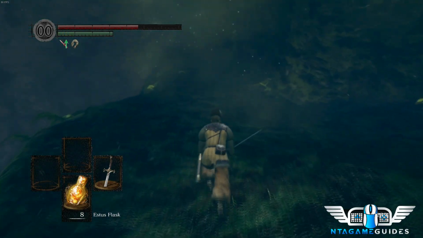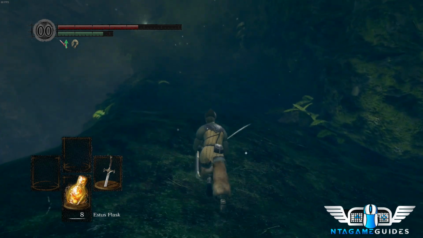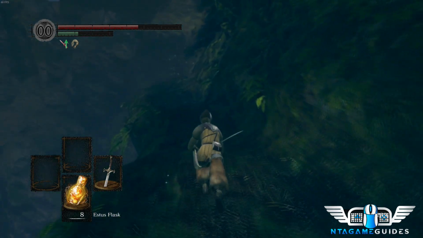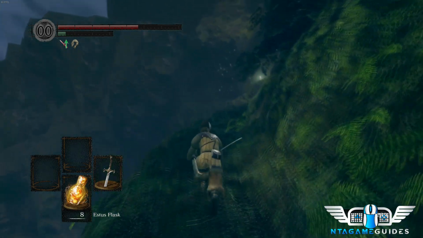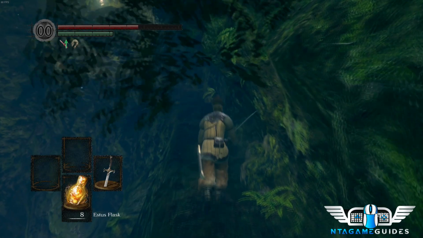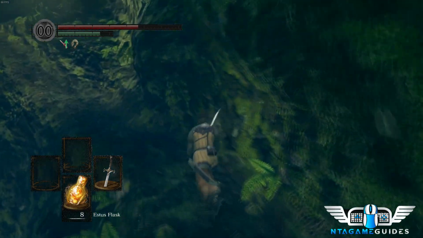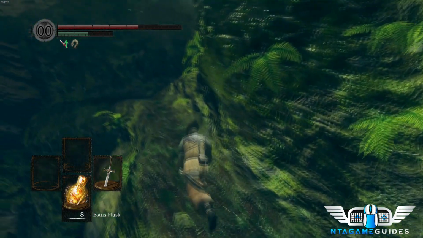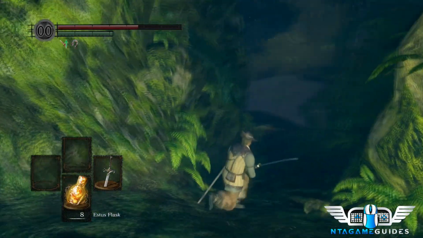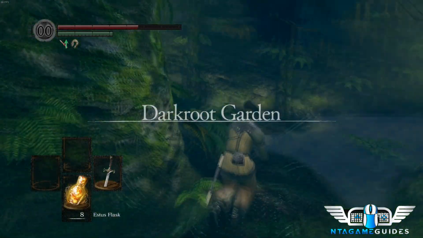Booyah. 2 and 2. We'll go with that. Now from here on out, we're not going to engage any enemies until we get to Andre. And we're going to open up a nice little shortcut as well. It's a big time shortcut in this game. And until you get the warp from the Lord Vessel, it's going to be imperative that you open this shortcut to make your life a lot